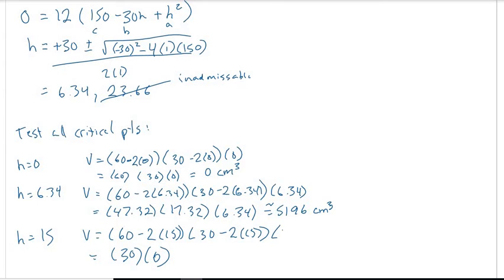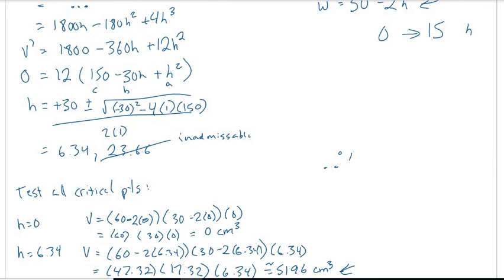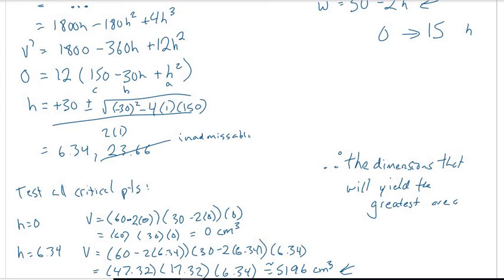So hey, we already know that this is going to work out to be 0, so let's just finish this off really quick. So we know this one is going to give us the maximum. So therefore, and remember, we're concluding with the dimensions, not the area. We don't care about the area, we just care about what dimensions will get us there. Therefore, the dimensions that will yield the greatest area are,